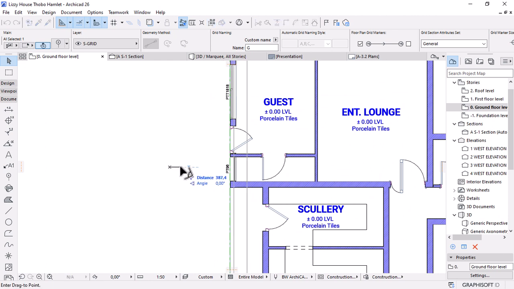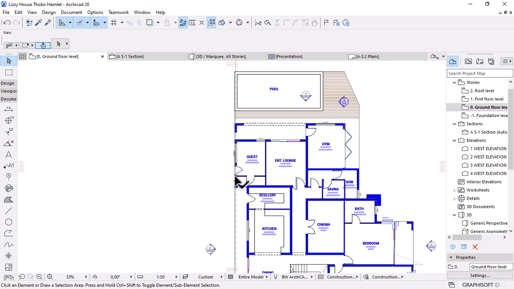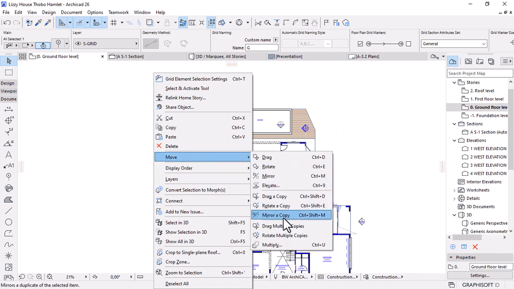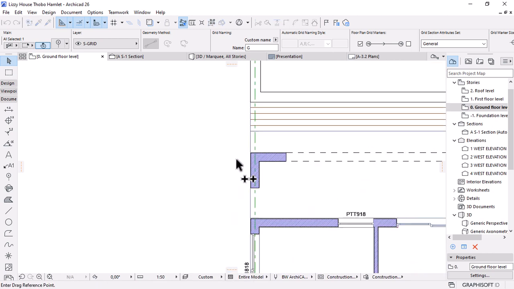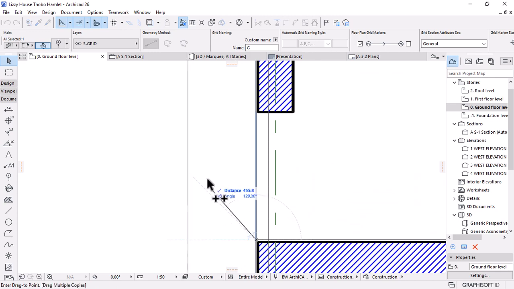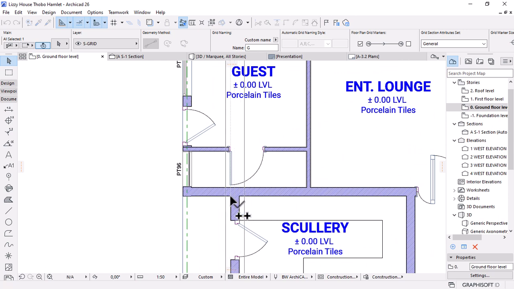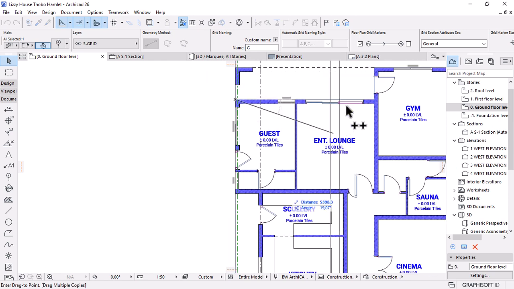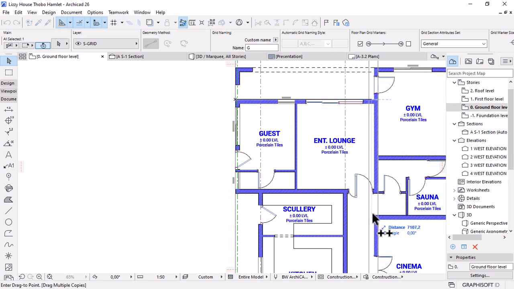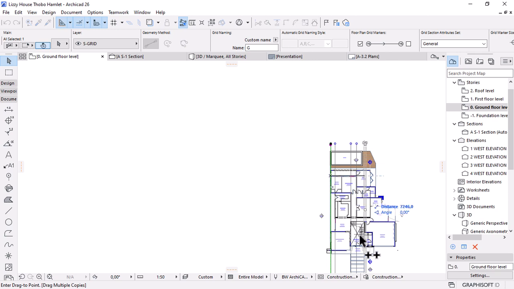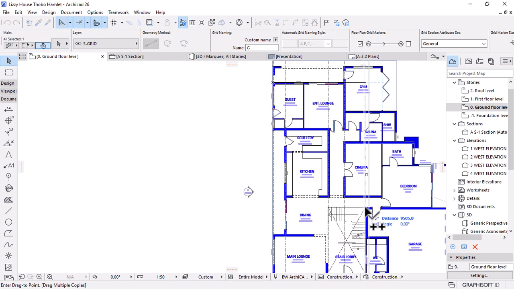Let's move it into the center of the wall. I'm going to move it by 1 and 5, and I can right click, then drag multiple copies using the outside reference point for the wall, so it will be easy for me to quickly place this just like that. Should make sure they are